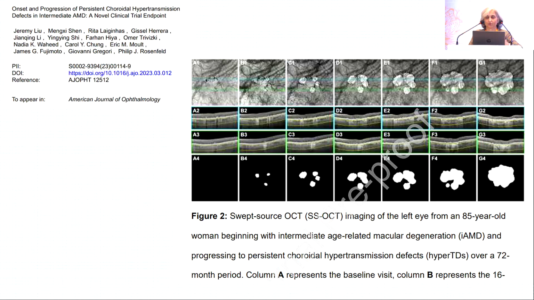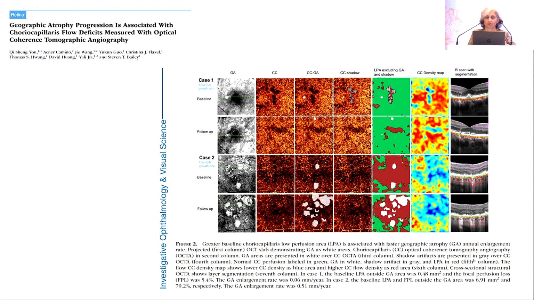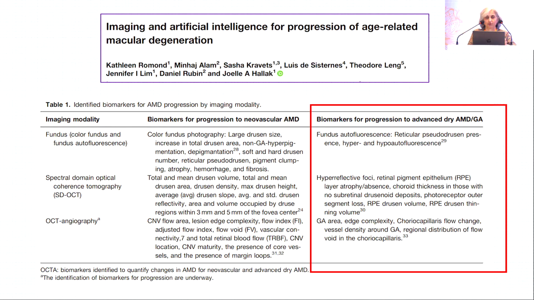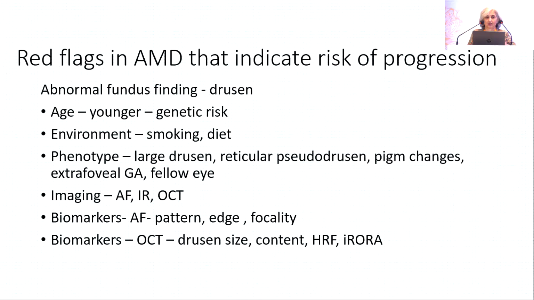This is a patient over a 72-month period showing the progression of atrophy. It can also be seen as choriocapillaris abnormalities. The CVI is also associated, but this is more of a research tool right now. And of course, AI will help us to correlate what we know already and maybe apply it to a larger data set. So I don't have an algorithm because there's not much to say in that, but these are the